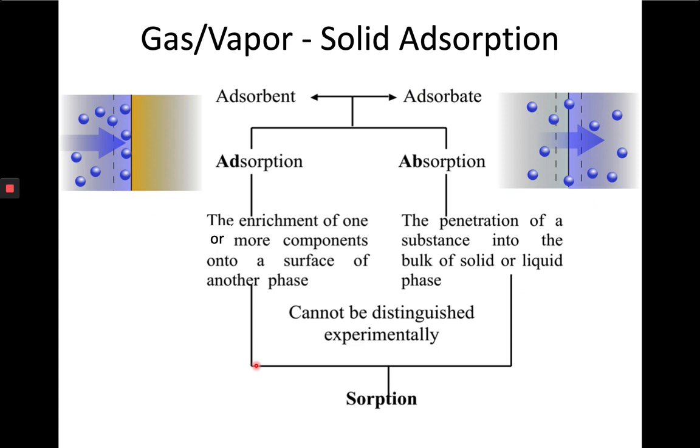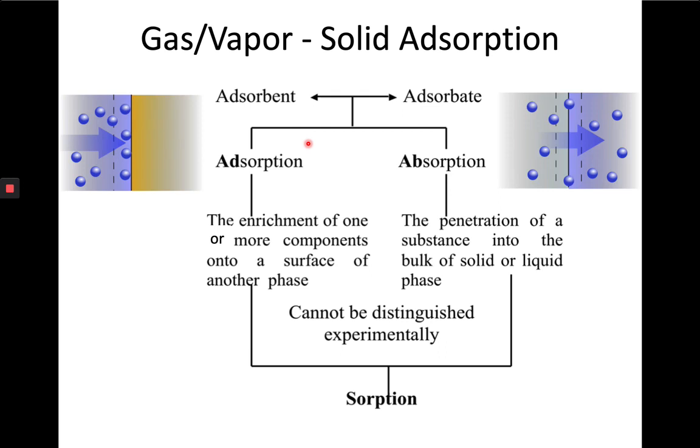There are two terms related to the adsorption, which are adsorption and absorption, AD and AB. Okay, adsorption is the enrichment of gas molecule onto a surface of solid substance. Meanwhile, absorption is the penetration of a substance into the bulk of solid. Okay, kalau dalam bahasa Melayu, adsorption adalah penjerapan, absorption adalah penyerapan. In reality, both processes are very difficult to distinguish. But in our case, we assume that the gas molecule just adsorb on the surface without penetrate into the solid